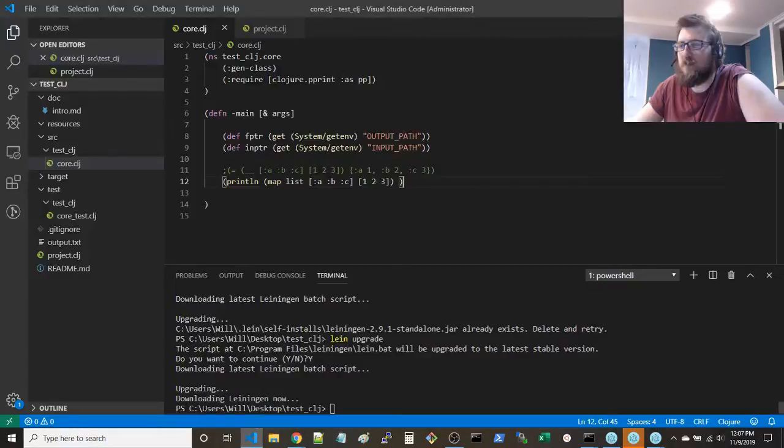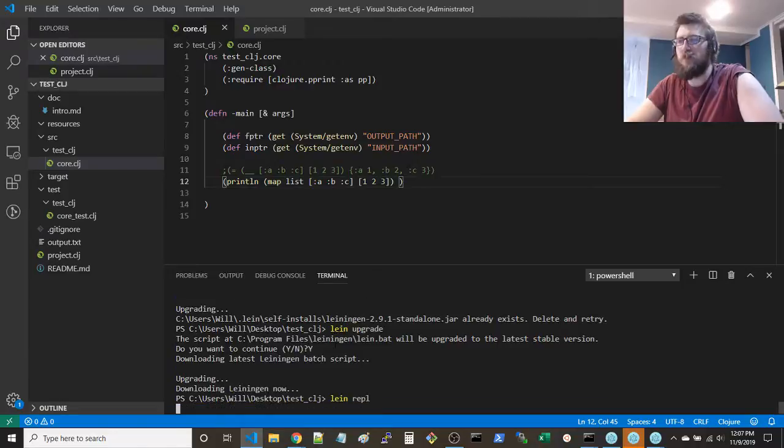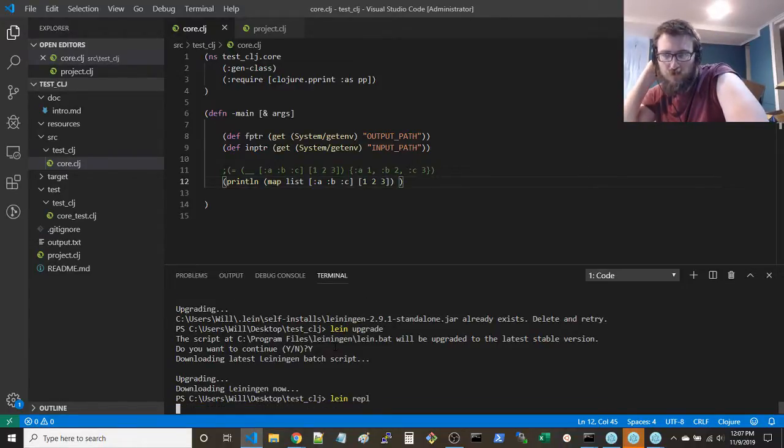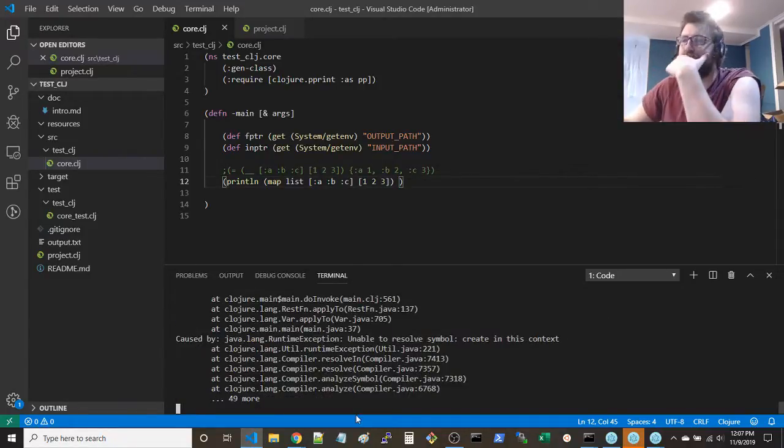What error am I getting? Maybe, well, I have a project though. Create in this context. Let's just see what this comes up with.